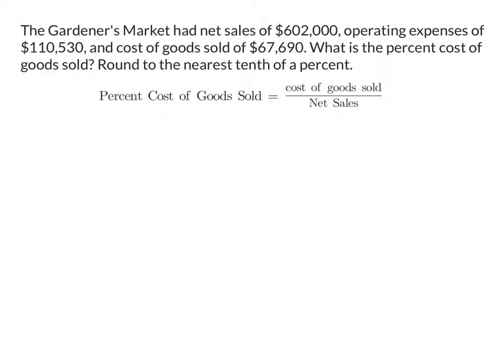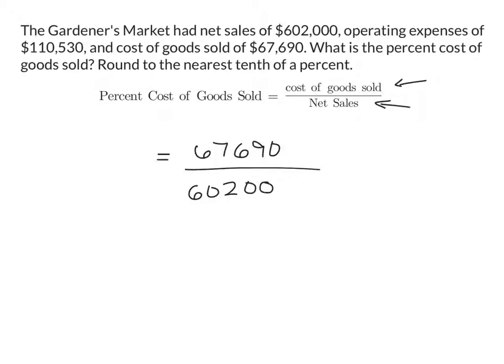So the percent of cost of goods sold is found by taking the cost of goods sold and dividing it by the net sales. The problem tells us that the cost of goods sold is $67,690 and the net sales is $602,000. So we'll just use our calculator to perform this division. $67,690 divided by $602,000 gives us a decimal of